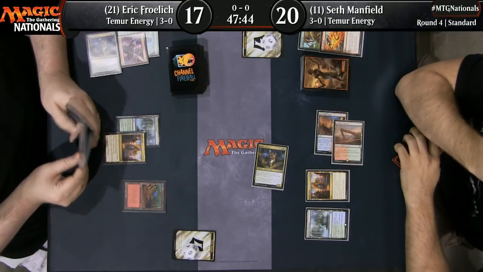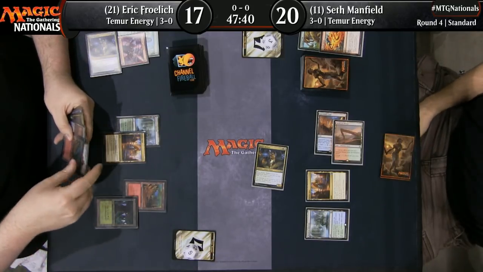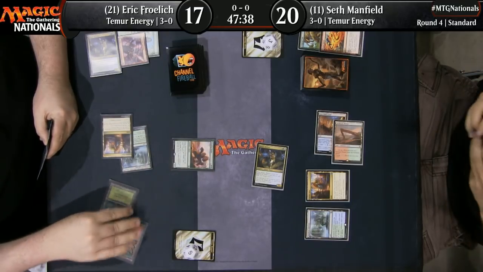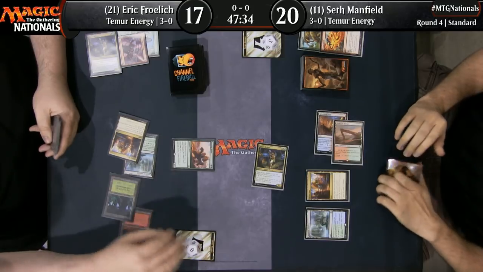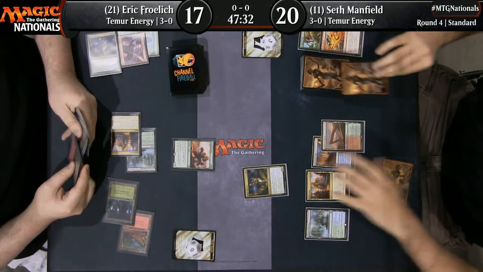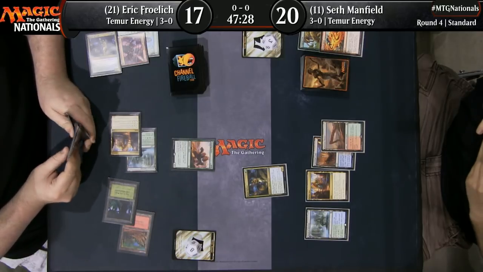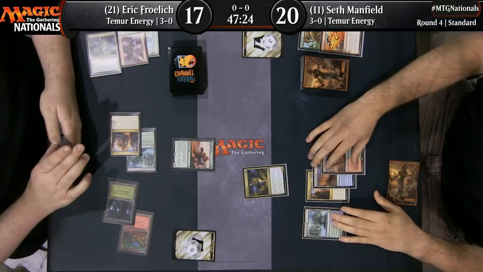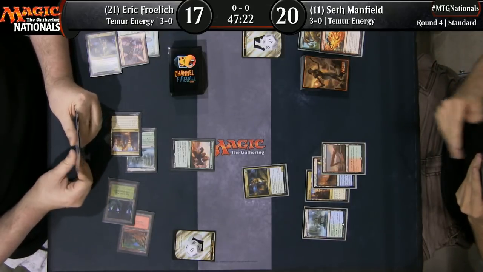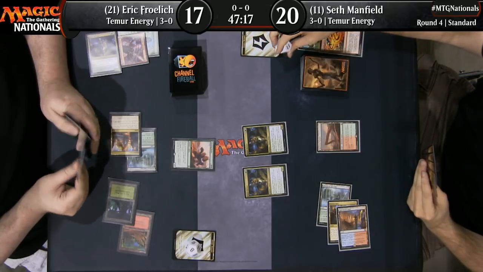Magma Spray is going to deal with Froehlich's Rogue Refiner, allowing Seth to get in for 3. Dropping Froehlich down to 17, and here's a Bristling Hydra from Froehlich. Yeah, Eric probably doesn't know how safe that is. Seth only with 1 copy of Essence Scatter in his deck. Oh, really? I was going to say, I would be afraid in his position to cast it there, but...